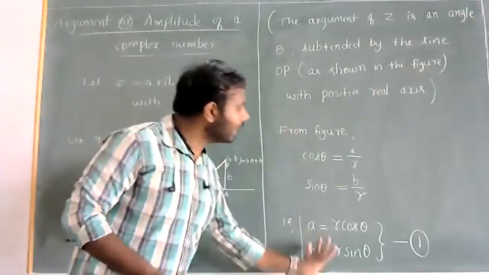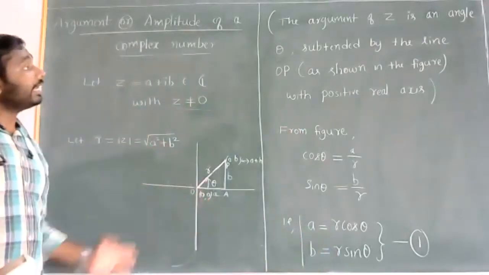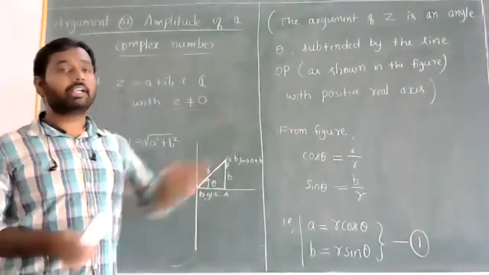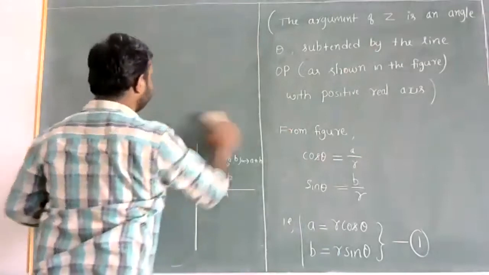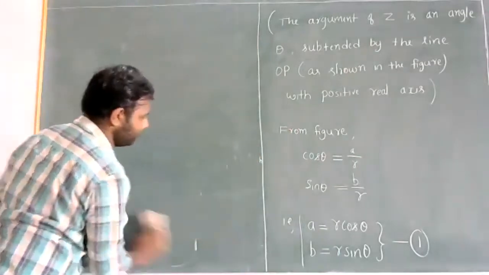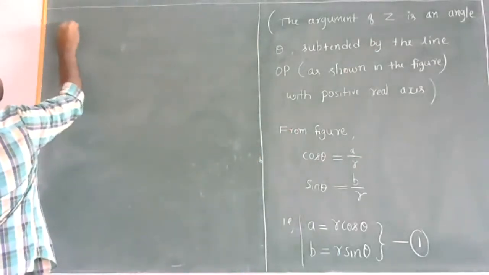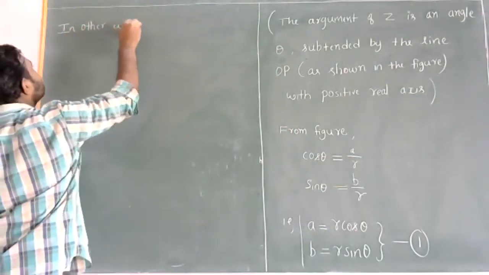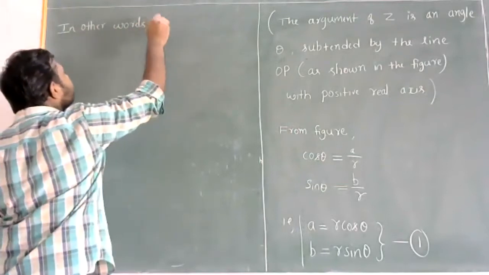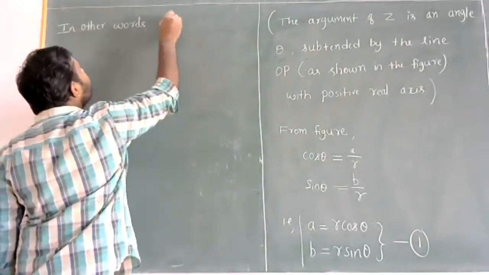So using this observation, we can rewrite the definition of argument of z. And that definition is, so in other words, argument of z